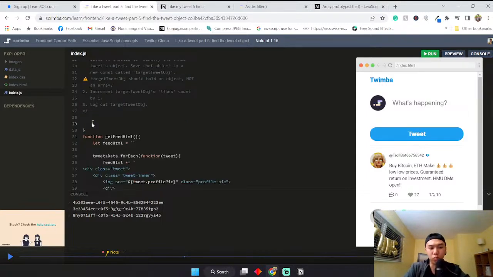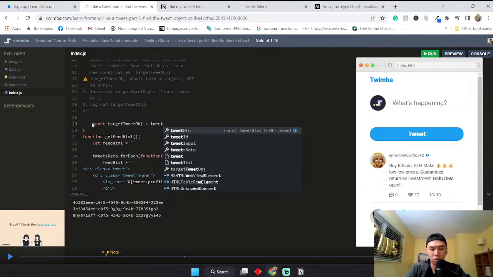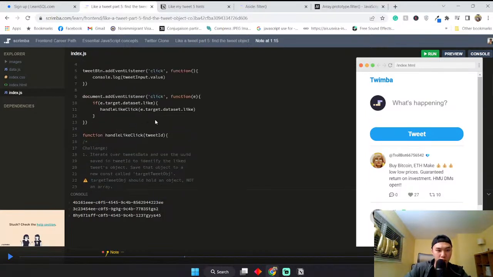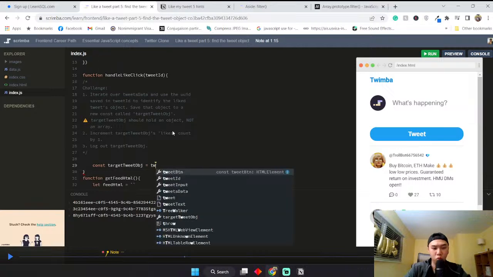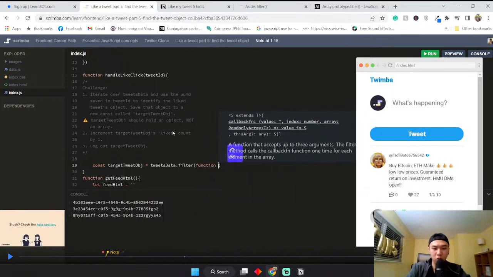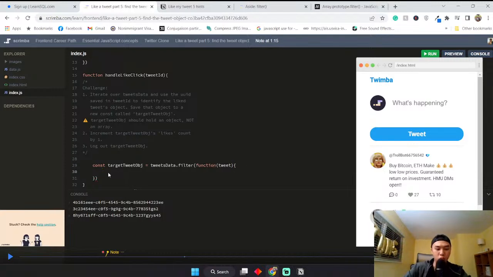Right, let's do this. So const target tweet object equal to tweet data dot filter, a function, call this tweet, and then we do return